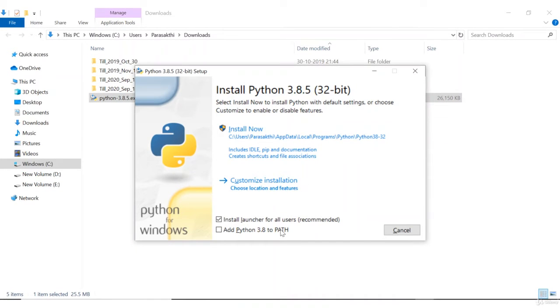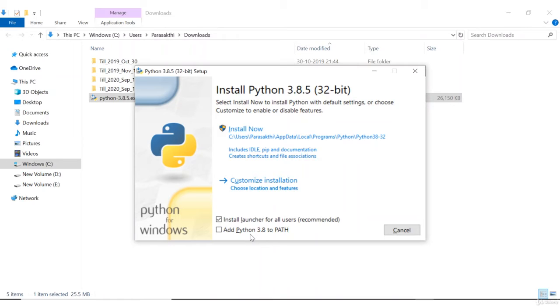On this page, the first checkbox is install launcher for all users, and please click the second checkbox also, so that the Python installation location is added to your Windows system environment path variable. That way, when you open your command line, you can just type python and it will open the Python CLI.